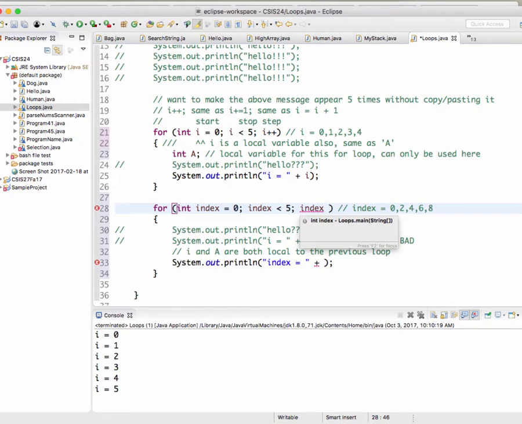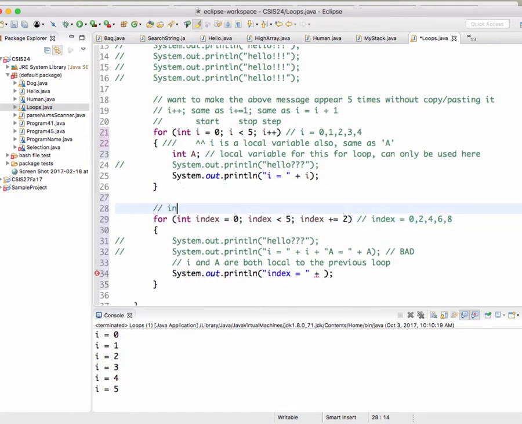Two ways to do it. One is plus equals 2, right? And notice there's no semicolon on the last one. Don't do this. Okay? That's one way to do it. So index plus equals 2, which is the same as index equals index plus 2, right? You can write either one. All right, so I changed it to plus 2. Anything else I need to do